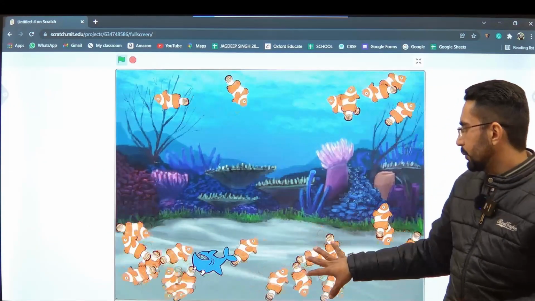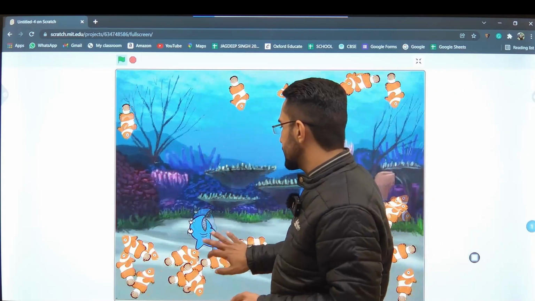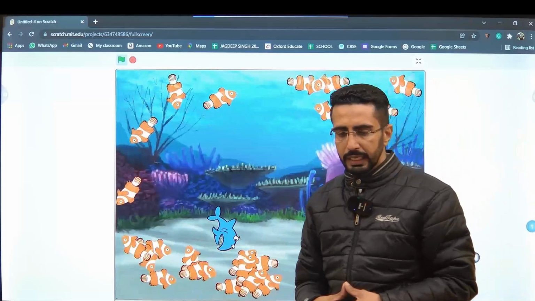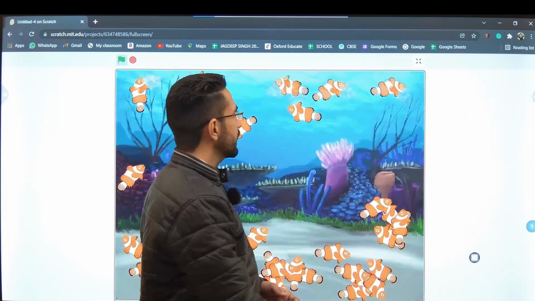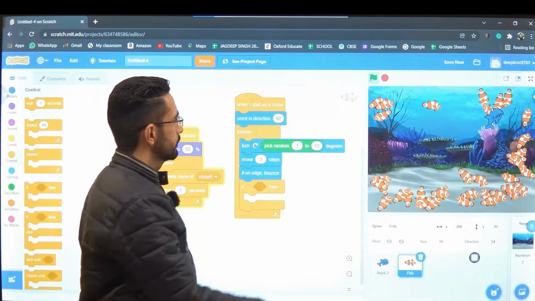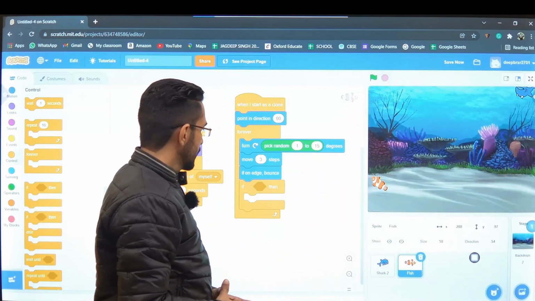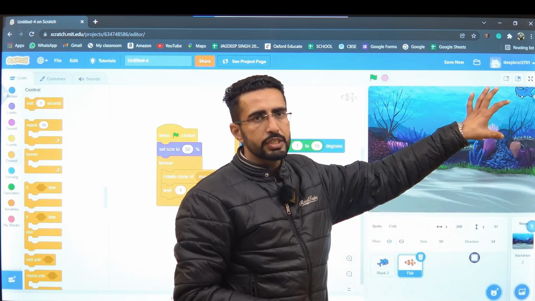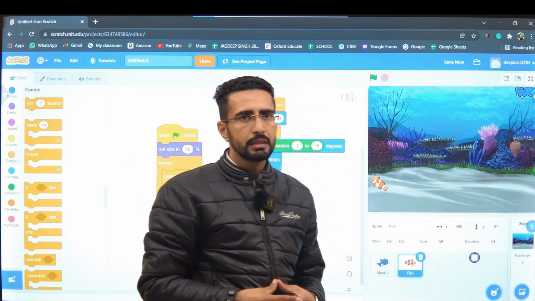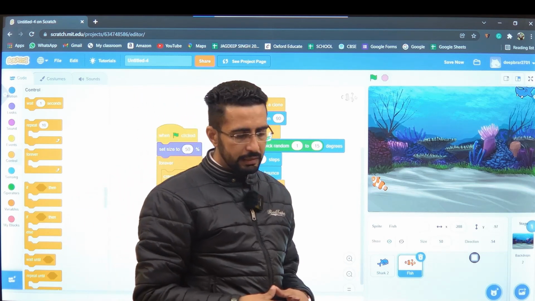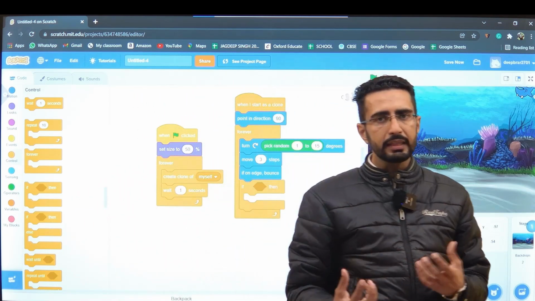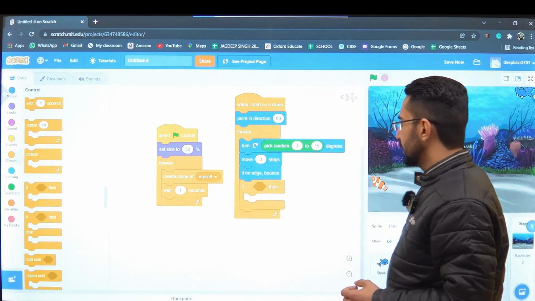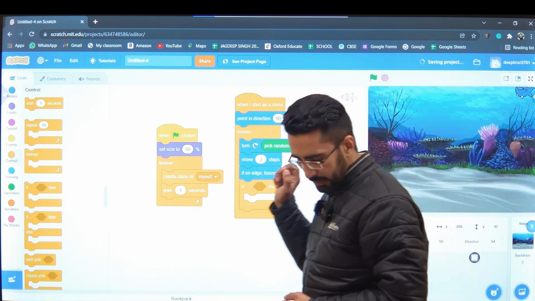So now we have to write the code for this shark. When this shark touches any other fish, it eats them. For that we have to move back to the coding part. So here we have to get the if condition, if this shark touches this fish. For that, to show the effect that it is eating them, we have to get the if condition, if this shark